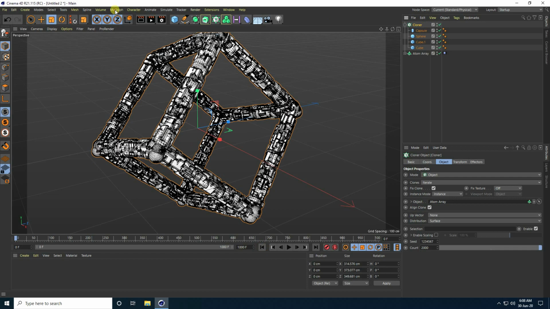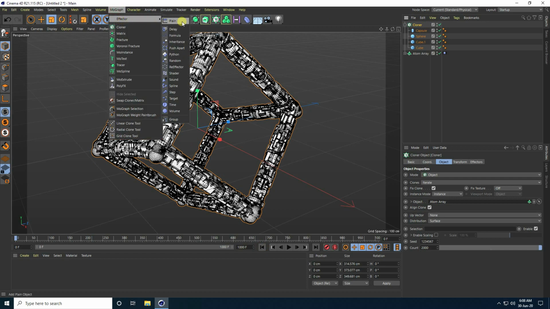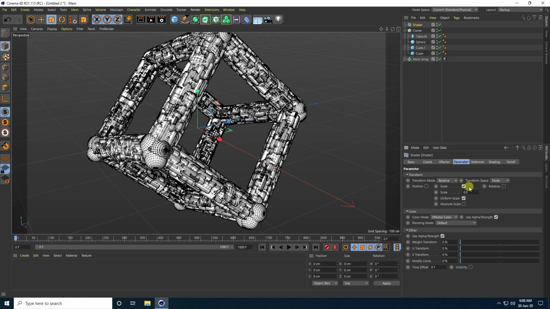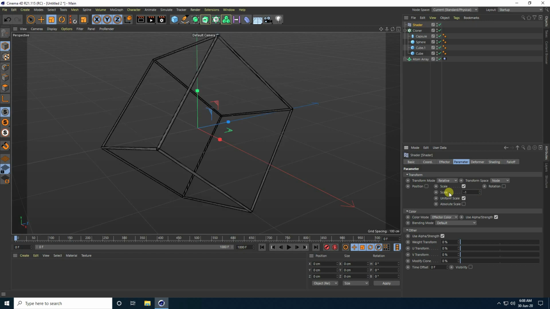Guys, I go to MoGraph, Effector, and take Shader, this one, and select the shader. And I go to Parameter, guys, Scale, size, this one, I take -1. Yes, and all Rotation, guys, check, take 360.